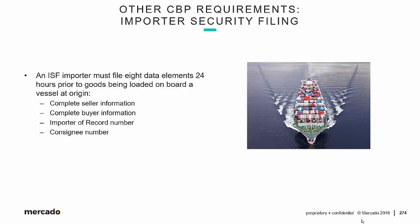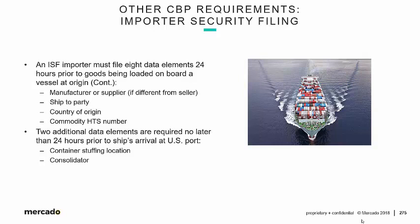The name 10+2 has morphed a little bit. It's still referred to as ISF 10+2, but a more abridged version, ISF, is also quite common and appropriate. With that said, an ISF importer must file 8 data elements 24 hours prior to goods being loaded on board a vessel at origin. The first 4 are complete seller information, full name, full address, complete buyer information, the importer of record number that we talked about so many sections ago, the consignee number, also the manufacturer or supplier, if